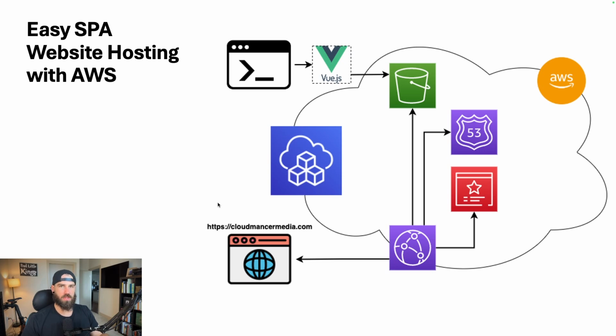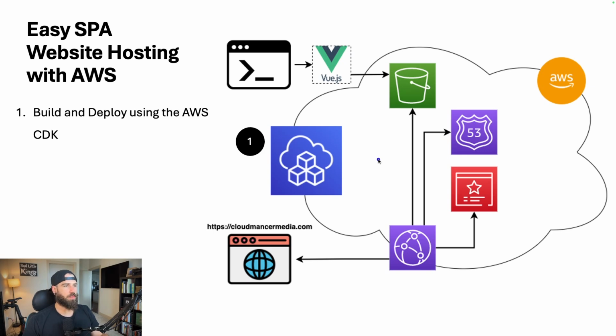All right, so in this video, I'm going to show you a really simple method for hosting a single page web application on the internet. We're going to use AWS for this, and we're going to deploy all of our infrastructure using the AWS CDK. For the web application itself, I have a really simple Vue application on my GitHub, but what we're going to build today will also be available in a repository on my GitHub.